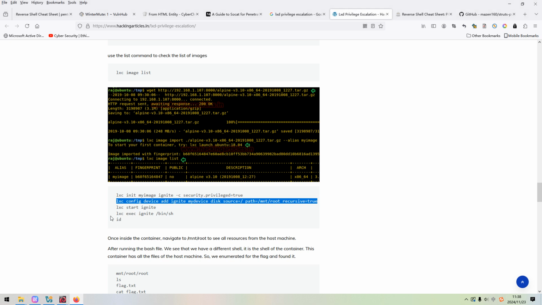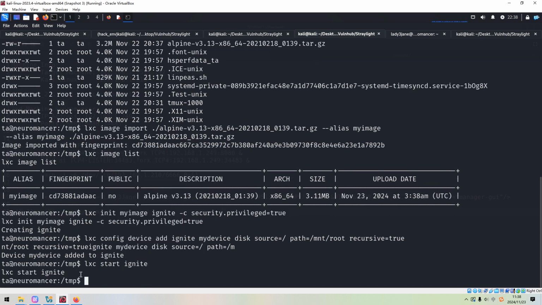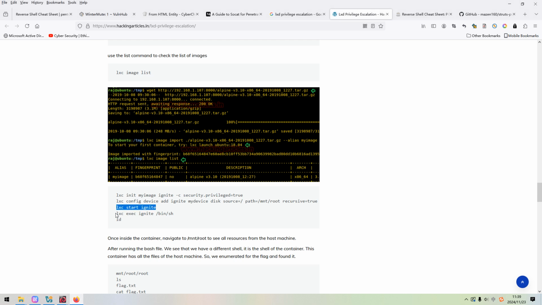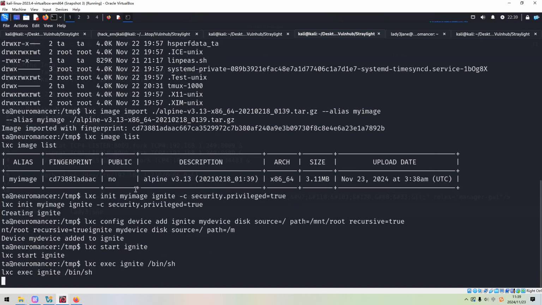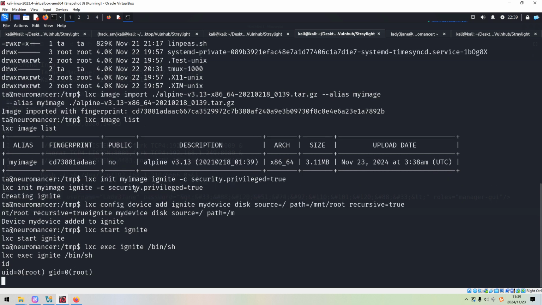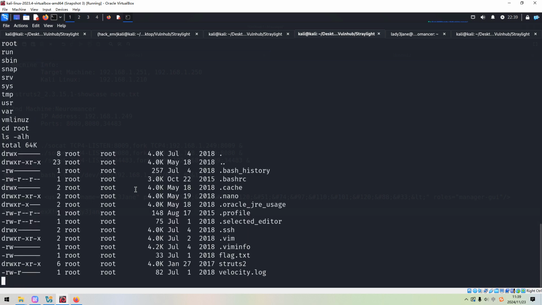Okay. It looks like it's working. Great. Okay. And we can get the shell. Yeah, it's root. So then we can go to root, and then we can get the flag.